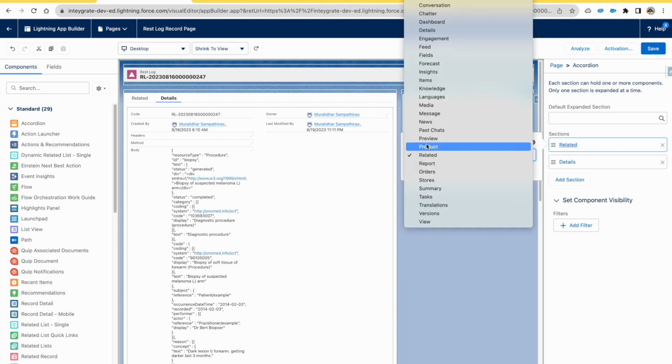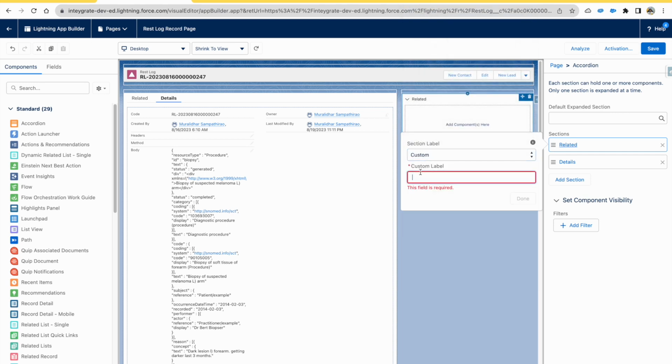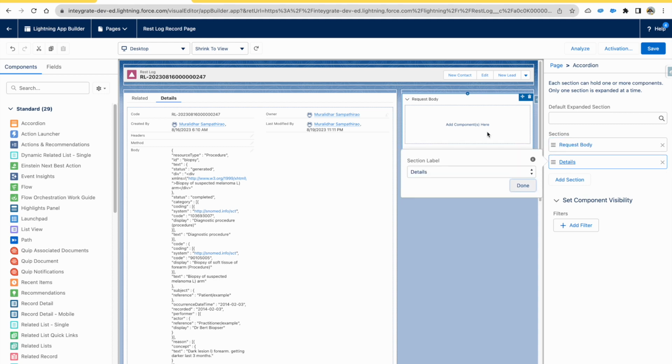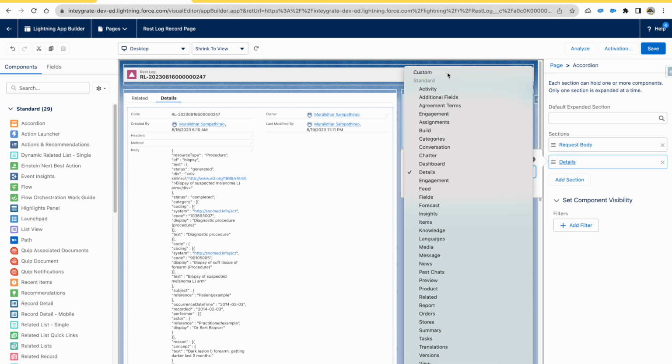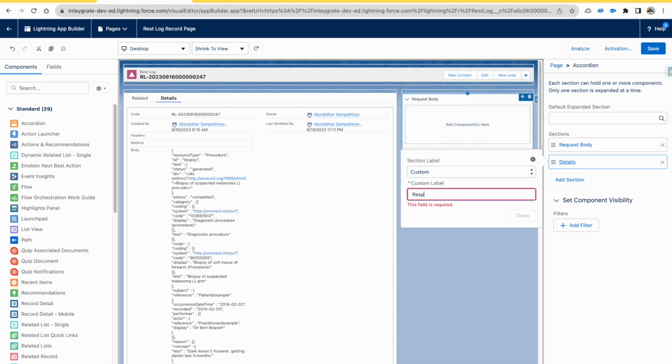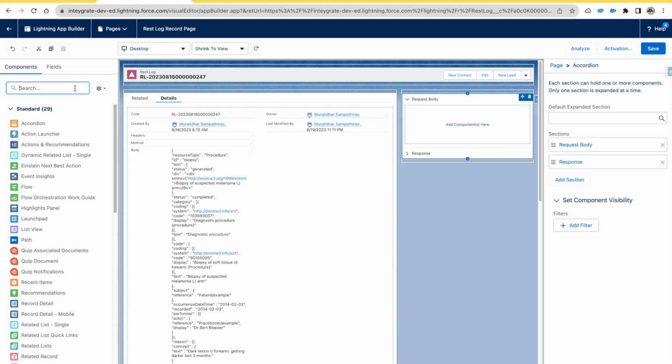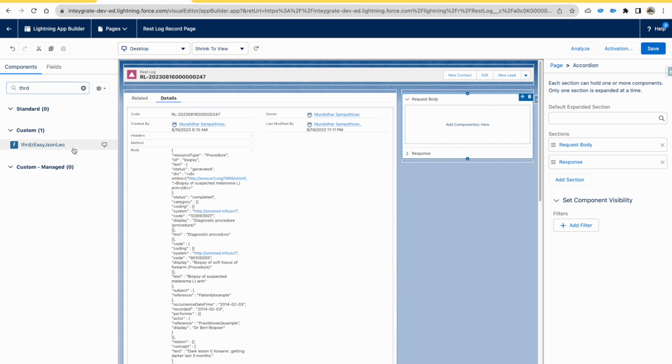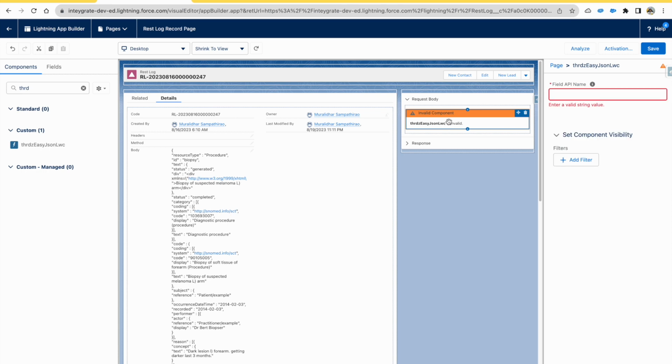And I'll rename this to say request body, and this one as say response. Now I'll drag and drop the component into these bins. Here we need to give the API name of the field from which the JSON string should be taken. This is body__c,